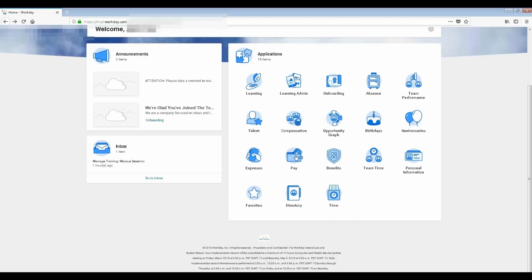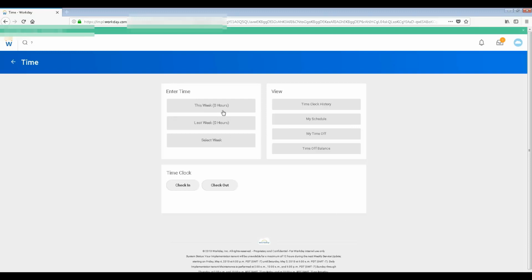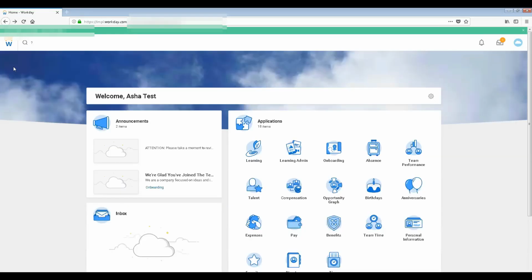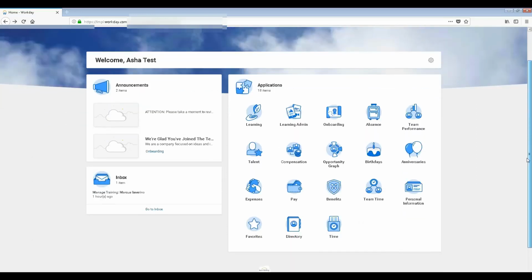So let's say you can manage many different things, many different information. The timesheet I was talking about. So you can just go here and you can see the schedule of a particular employee or your schedule. So for example, see, and just one more information, try to understand that these tools, whatever tools you're seeing